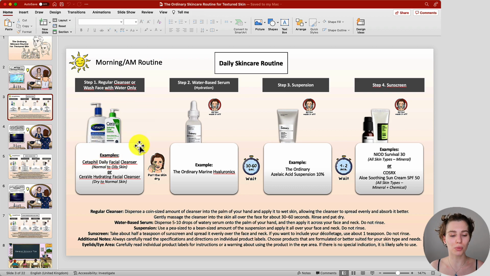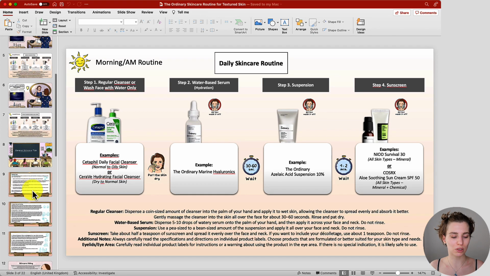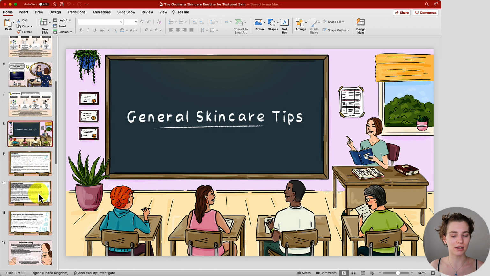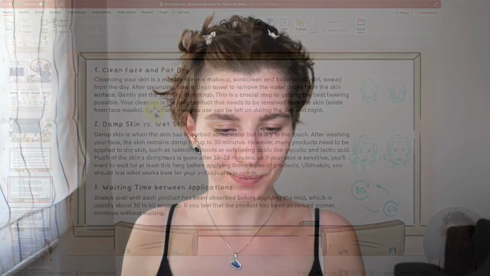So once you're done with washing your face in the morning, you're going to rinse it off and then pat the skin dry, removing the remaining water drops from the skin surface, which is a section that you can find under general skincare tips, which you can see right here. So take a clean towel, gently pat all over, please do not rub. Removing the remaining water drops from the skin surface can make a significant difference when layering other leave-on products afterwards, so that they can fully absorb into the skin, that you're not going to mix it with the remaining water, because otherwise it can feel dry and tight on the skin, which can be quite uncomfortable.